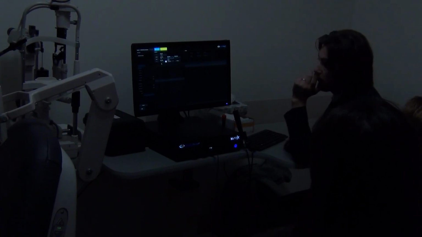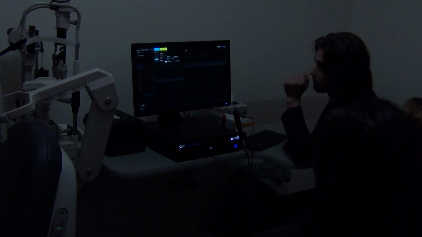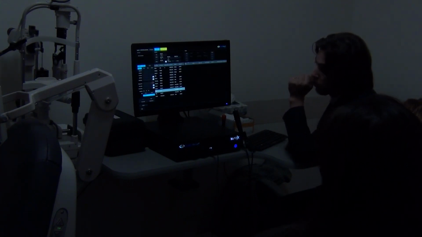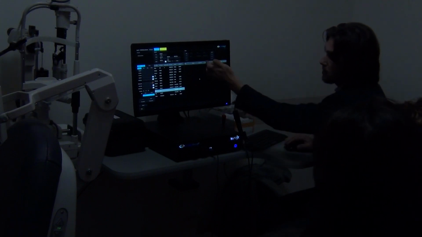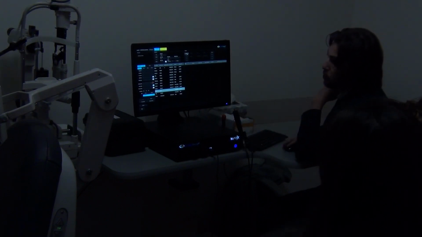No, not at all. K values are applicable only for the A scan, for the biometry, right? So after that you are pretty much set. So you click apply, the new patient will be created on the list, and you see there is no exams. So you click on new exam,